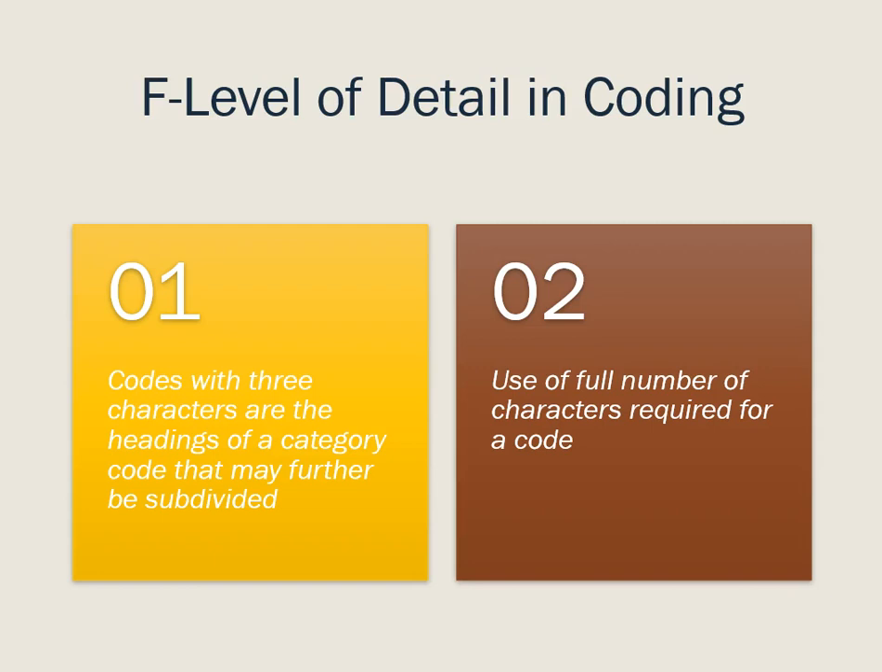Next up, Guideline F, level of detail in coding. This guideline is all about us always coding to the highest level of specificity. So how do we do that? Well, number one, we always follow correct coding processes. We begin in the alphabetical index, we verify our code in the tabular list, and we are led and guided